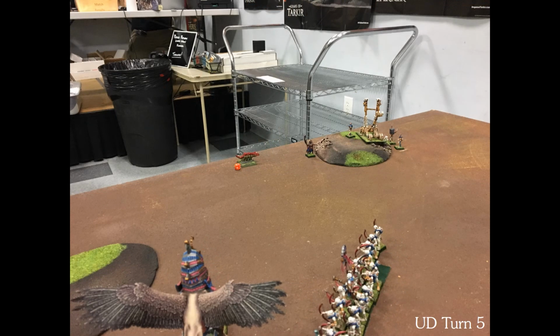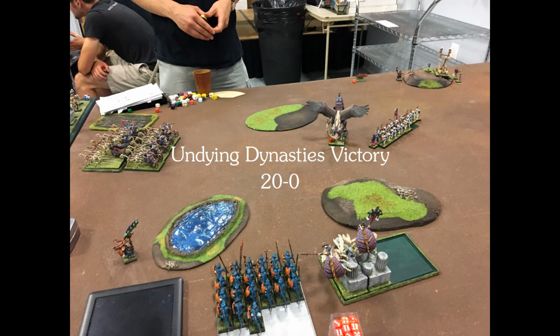Undying Dynasties turn 5, he can't get into me. We do the fight. I finally kill the catapult. And that's pretty much where we call it. Undying Dynasties, 20-0. Great opponent. Nothing I would obviously ever complain about, but